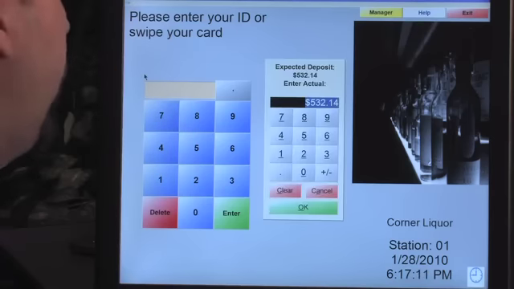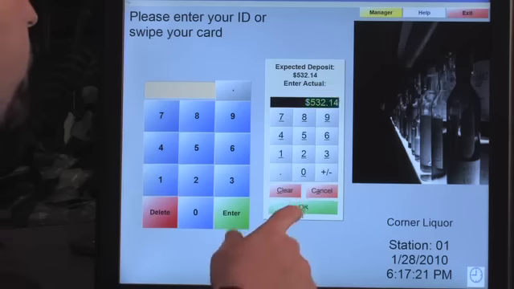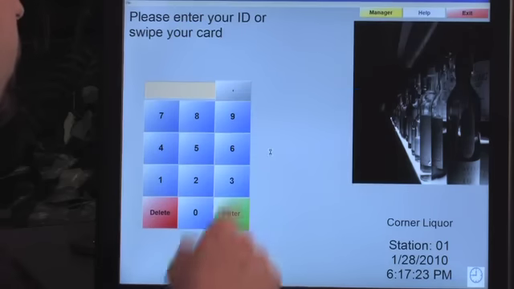At this point, it's going to tell you what the expected deposit amount was. Here again, these settings are dependent on the security that you set for your supervisor's end of day count. I'm just going to select OK this time, confirm it, and we're done. I actually do have an end of day receipt that printed out for this count. Oftentimes we'll have a full page receipt, or there are several different ways that we can have these reports print out in the system, but this is just one example of what an end of day